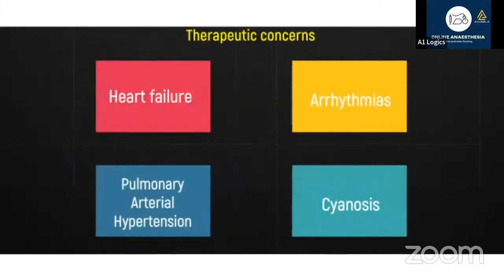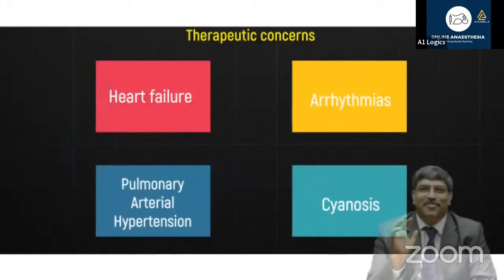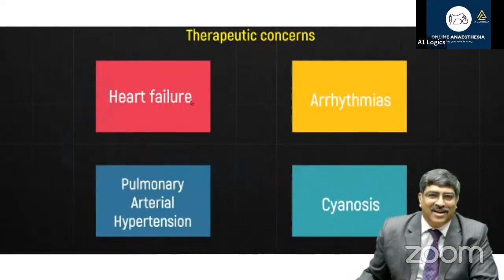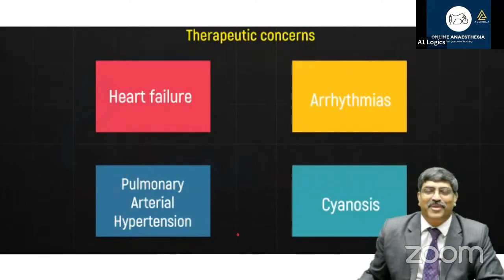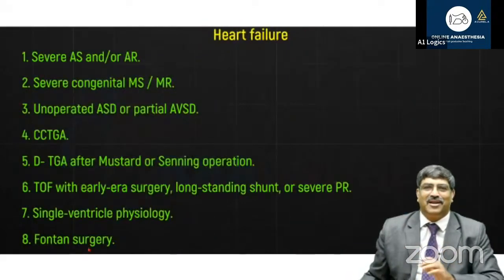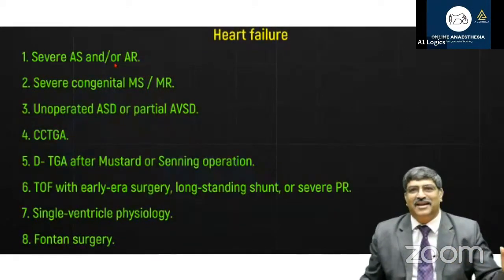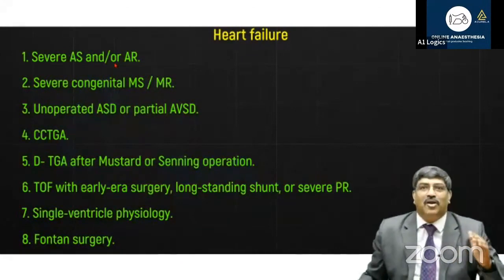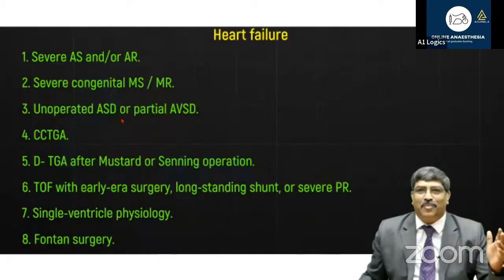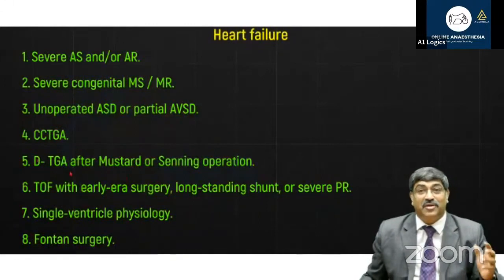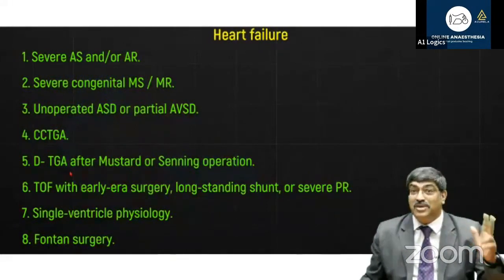Now coming to the most important period. In the perioperative period, patients are prone to 4 things. One is heart failure, arrhythmias, pulmonary artery hypertension and cyanosis. Let us look at heart failure first. When you have a severe valvular abnormality, either AS, AR, MS, MR, unoperated left to right shunt or a partial AV canal septal defect, corrected congenital transposition of great arteries, transposition of great arteries after Senning atrial switch can lead to heart